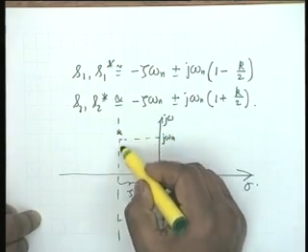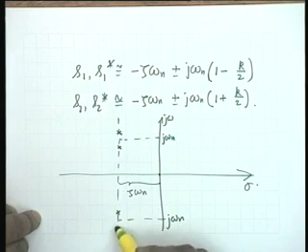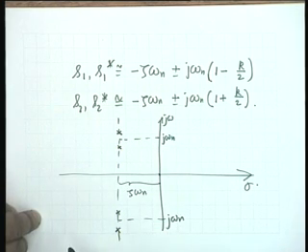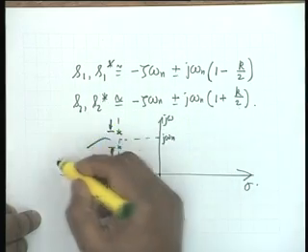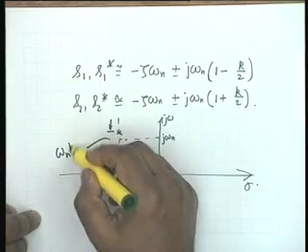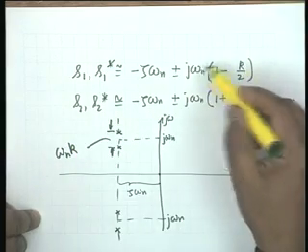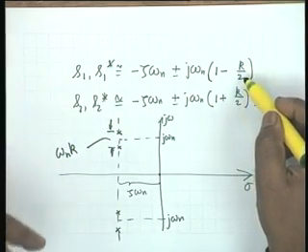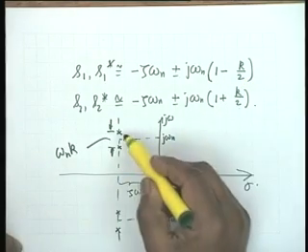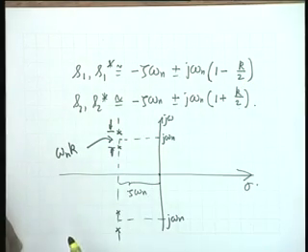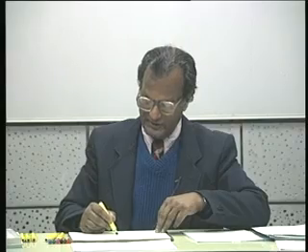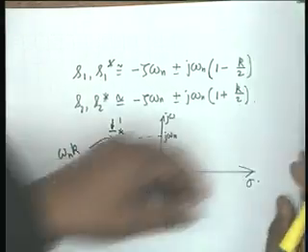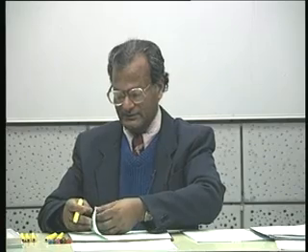one on this side, one on this side, similarly one on this side, one on this side, such that the distance between them is given by omega n times k. One is below by omega n k by 2, and the other is above by omega n k by 2, and therefore this distance is omega n times k. This is the location of the poles, and this was shown. In addition, we have 3 zeros here. This was shown in an enlarged form in this slide.